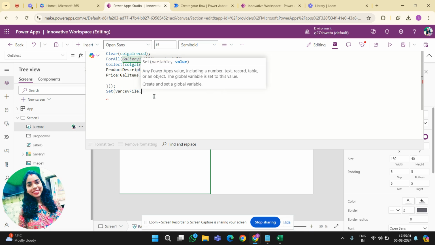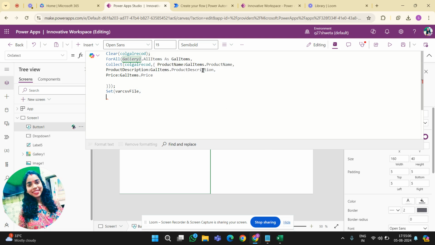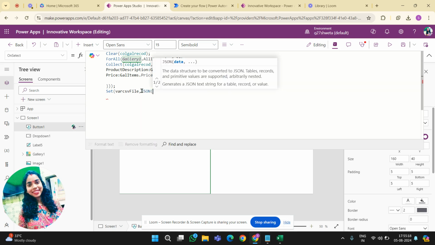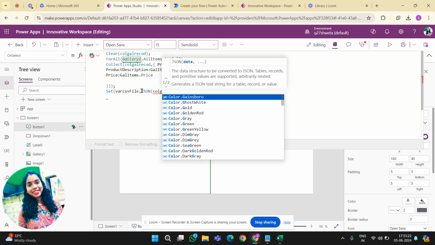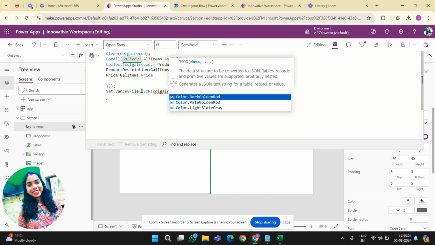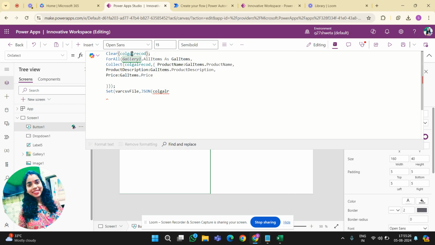Under that, I will convert this galRecord, which is our collection, into JSON.